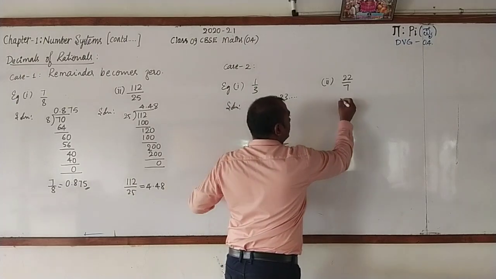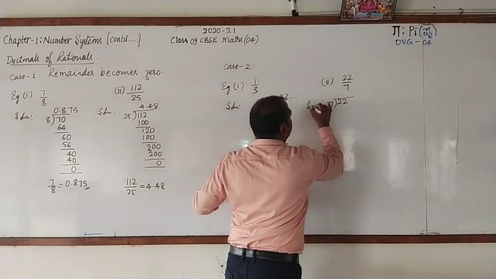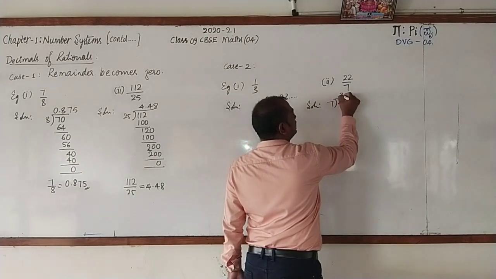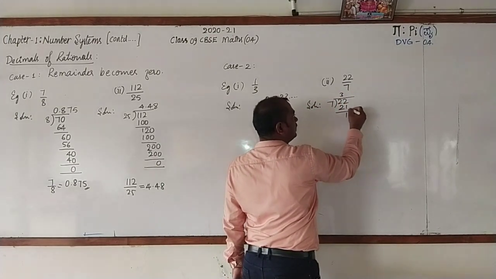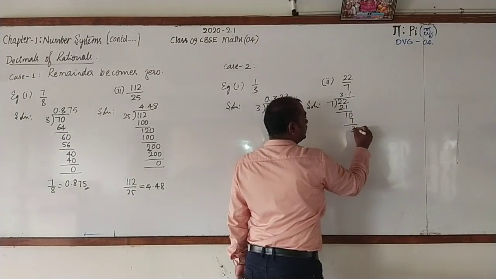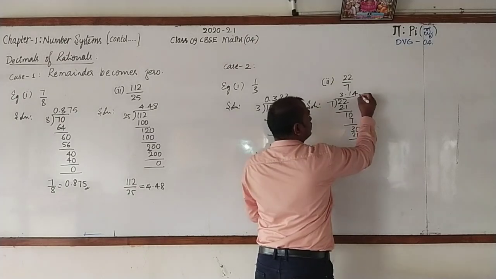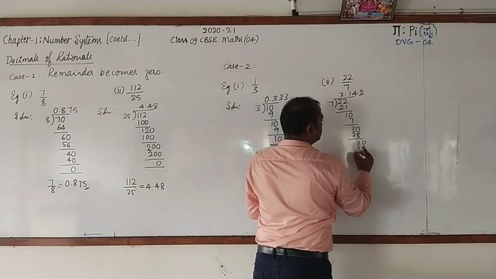Now let us divide 22 by 7. On dividing this, 7 3s are 21, 1 will remain, put decimal, take 0, 7 ones are 7, 3 will remain, take 0, 7 4s are 28, 2 will remain, again take 0, 7 2s are 14, 6 will remain,